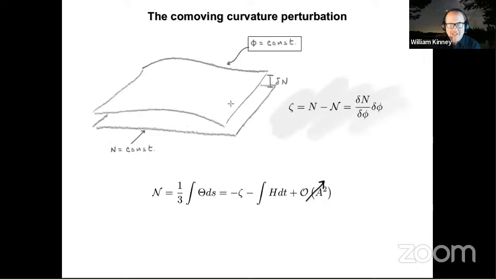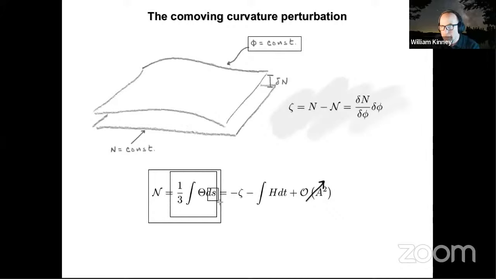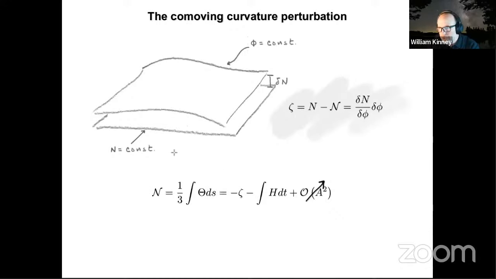And now we can take a second foliation of that space-time. We can redefine time and space to be hypersurfaces in which the field is constant, but the Hubble parameter is varying with time and space. These are called co-moving hypersurfaces. If I look on co-moving hypersurfaces, I can calculate this generalized number of e-folds as the integral of this fluid flow divergence along the fluid flow lines, along the proper time along the fluid flow lines. So I have two hypersurfaces and two definitions of the number of e-folds.